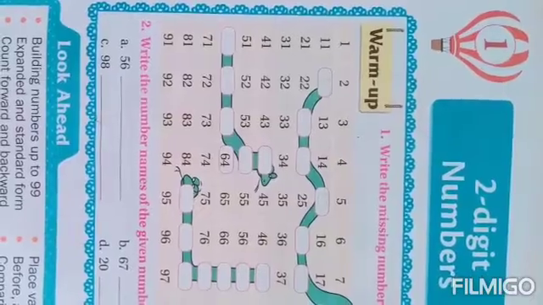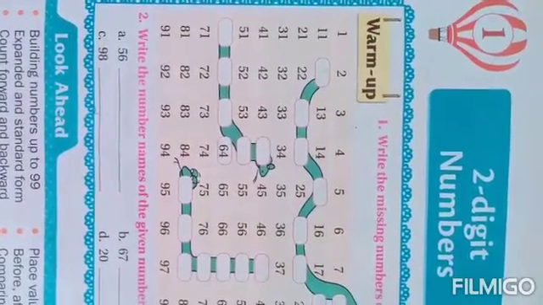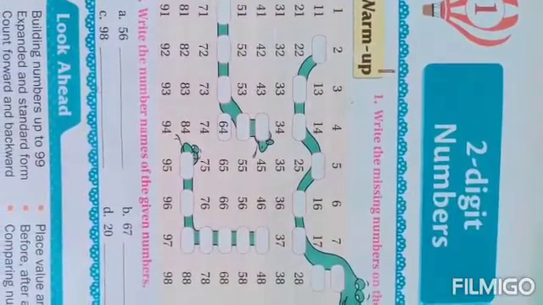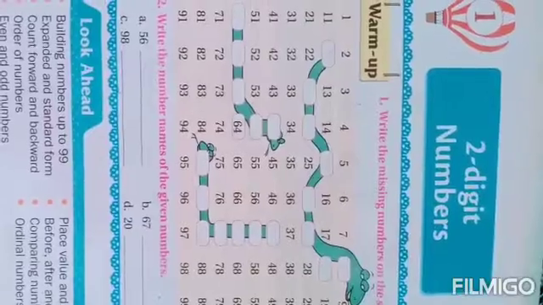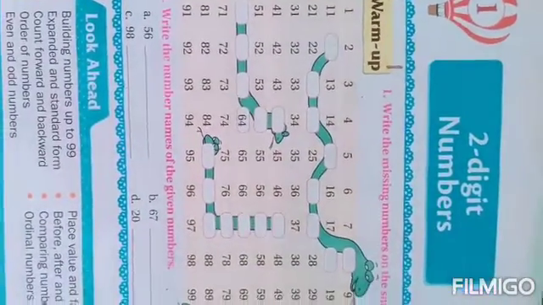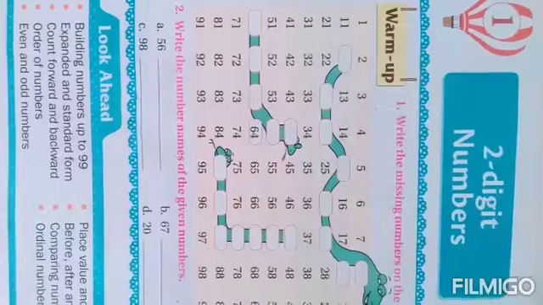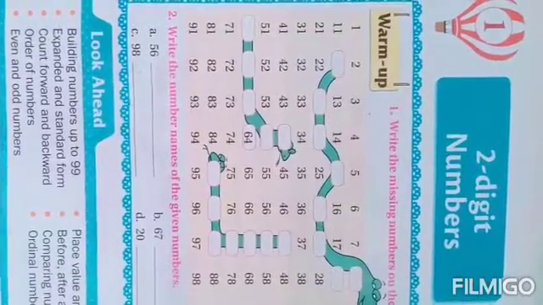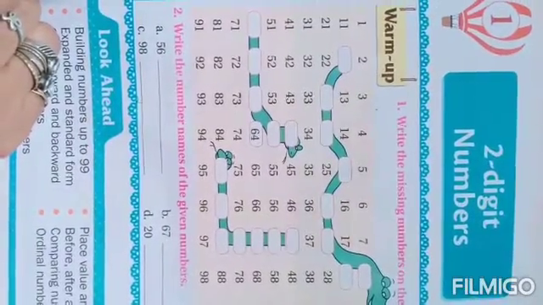Students, this is our very first lesson of our new syllabus of maths, two-digit numbers. So here we have some warm-up exercise that numbers 1 to 100 are given to us. You must have learned numbers 1 to 100 in your previous year. So let us warm up with the given exercise in this book first and then move on to our new topics. So here we have some numbers, but some numbers are missing here. We have to complete by writing those numbers on the table.